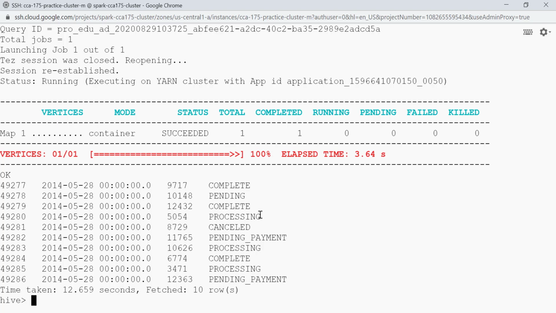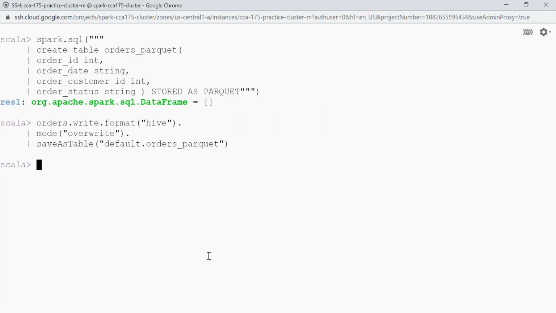So let's save the data, but this time in append mode. Going back to my Spark shell again. To save data in append mode, we have to use mode as append. So let's count the number of rows in our data. Orders dot count. Okay, so we have 6883 rows in my data frame.